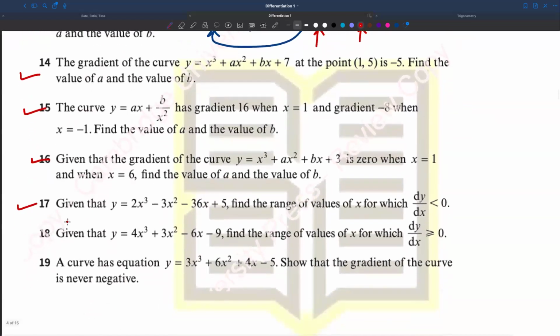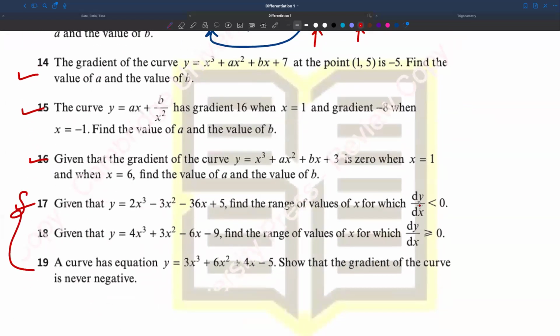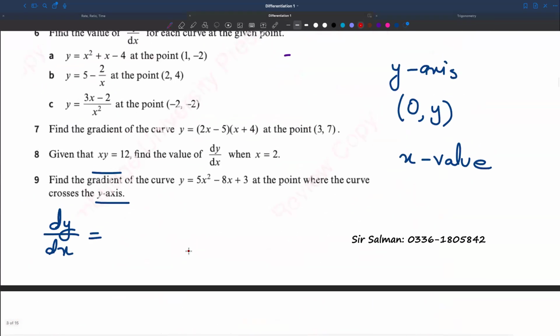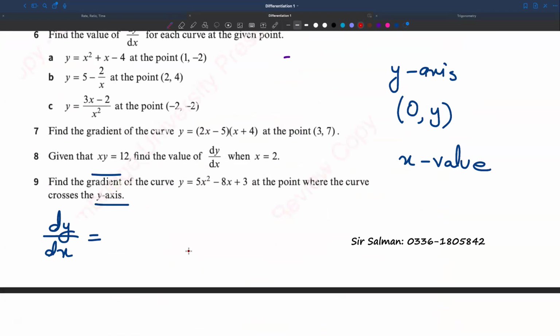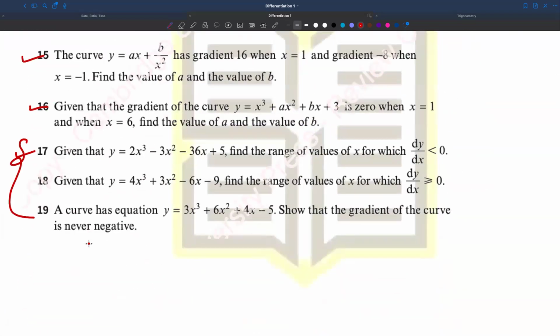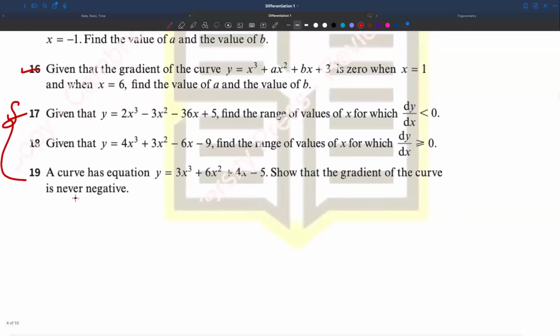All of these. This range of values of dy dx, it is the same as inequalities that we did with quadratics. Inequalities less than 0, greater than 0. So you will know how to give your x values. Okay? Which means that by tomorrow, you should be done with all of these 18 or 19 questions, so that the gradient is never negative. You'll just have to, acha dekho, when it says so that the gradient is never negative,